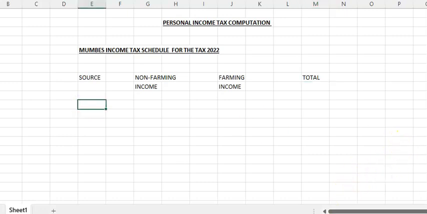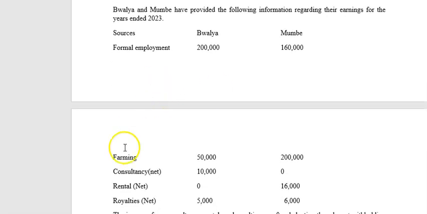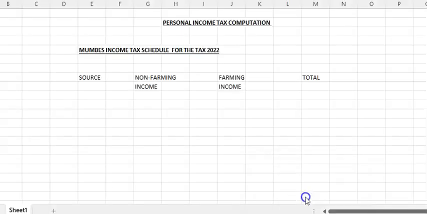You go check. Mumbe has got the following incomes. He gets some income from employment. He also gets some income from farming. How much is from employment? 160. How much is from farming? 200. Then we actually put where we are supposed to say formal employment. That's the source, formal employment. So from formal employment, Mumbe gets